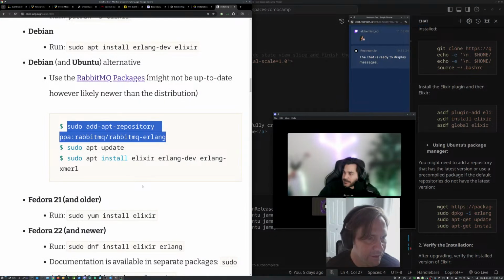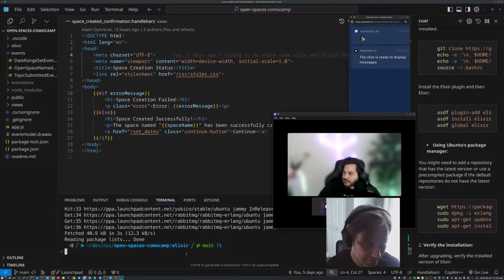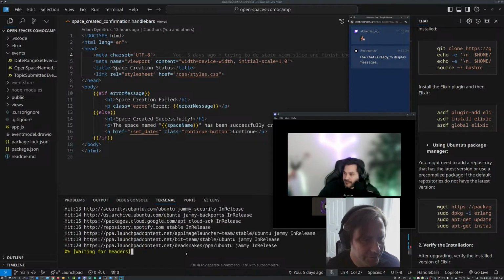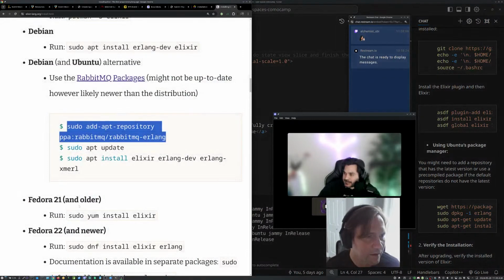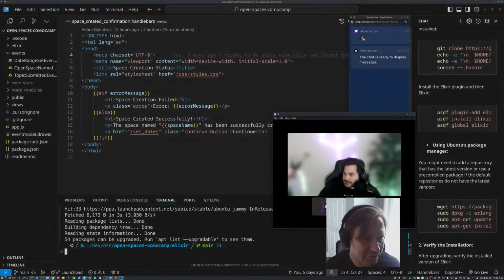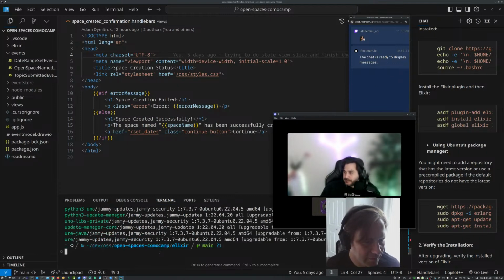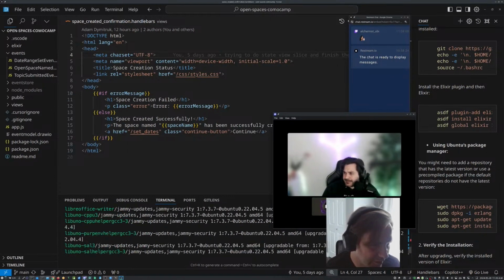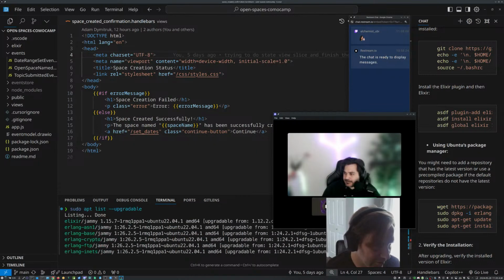So, right. And if I do an update, like it said, that does the same thing. And then if I do an upgrade, it should actually do it. So if I do this, apt list upgradable, it should show me that it's going to have Elixir in here. Right?